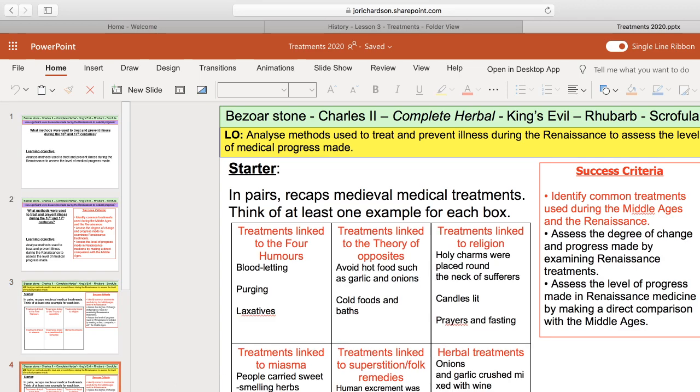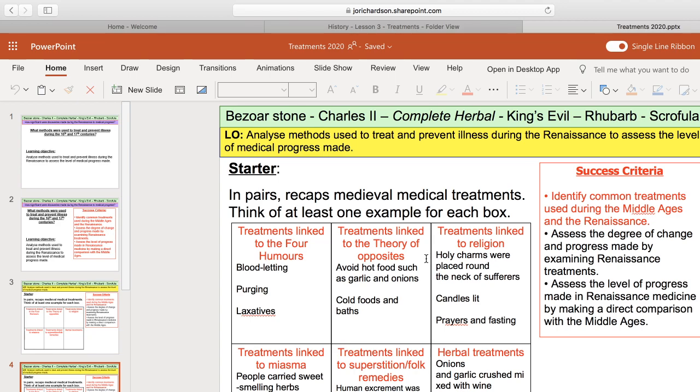Okay, so you should have paused the video and had a go at trying to recap medieval treatment. And on the slide for you now are examples of those medieval medical treatments. So we have four humours. We have bloodletting, which we know was a big thing, purging and laxatives, the theory of opposites, so again linked to the four humours, thinking about how to balance the four humours, avoiding hot foods such as garlic and onions,